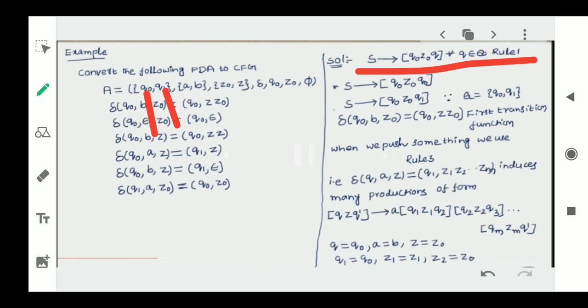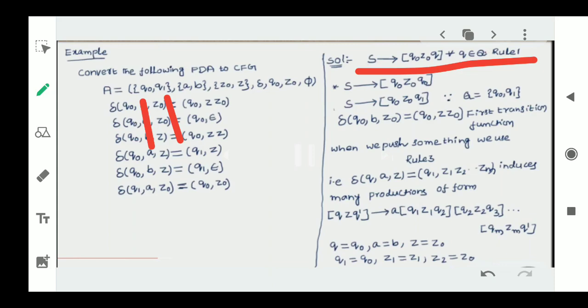In the data we will be given the number of states. Otherwise, if it is not given, we can identify them from the equations. From the equations we understood that here we have Q0 and here we have Q1, and here also only Q1. So we have 2 states in the given PDA equations, and that's why we take only Q0 and Q1. However it is given, the states are Q0 and Q1.